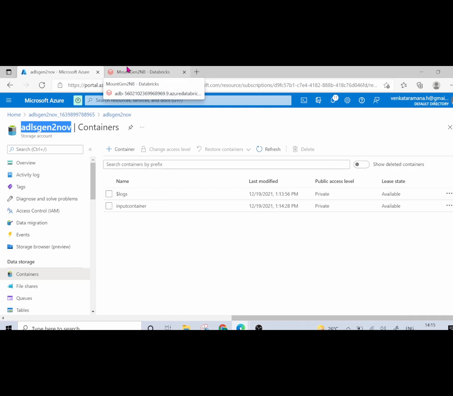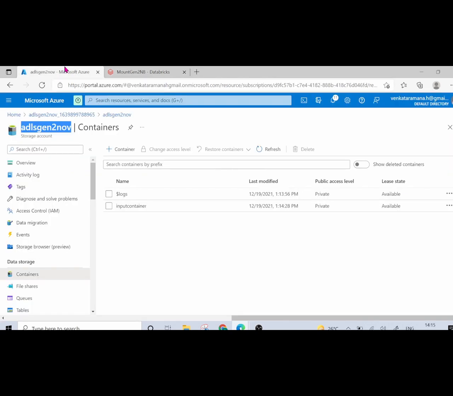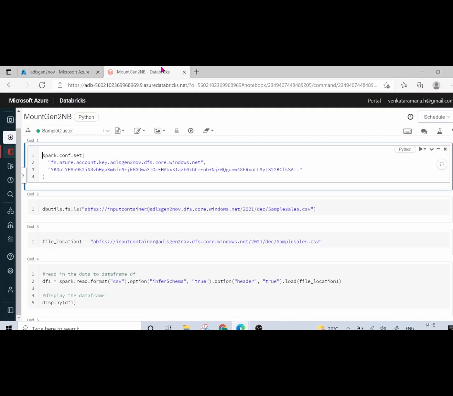If you want to create a mount point to Data Lake Storage Generation 2, you will have to go to this particular syntax inside your spark.conf.set. This is the standard code which is available on Google. You can just take that and replace your data lake storage account name, which is nothing but your storage account name. Here we just copy paste the storage account name which we are directly connecting to. This is my storage account name.